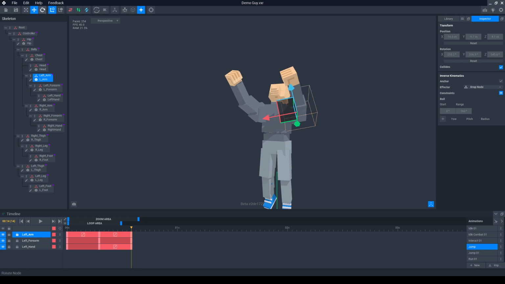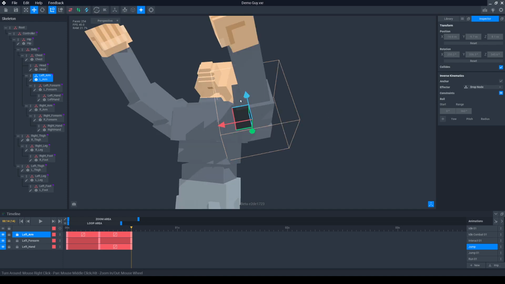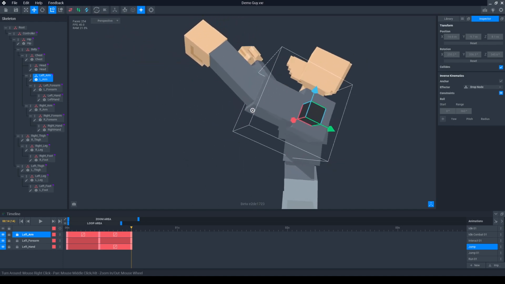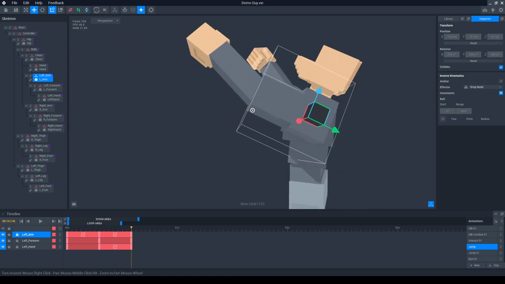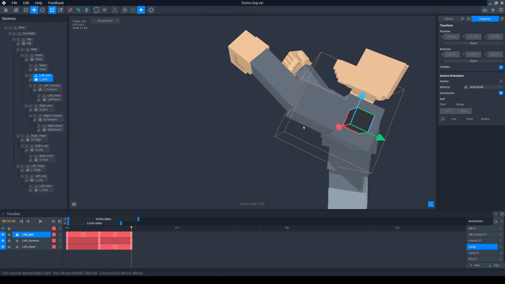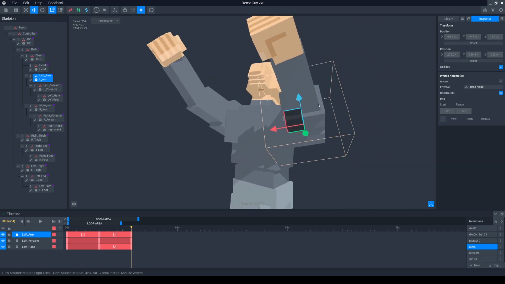So let's see. Now they call this global and local. In most normal softwares, what that means is global means this manipulator, which as you can see is angled in such a way that it aligns with the rotated object. Global would normally mean that this returns to the world orientation, which would mean the green axis is vertical, perfectly vertical right now, and I could just move this arm up and down. In VoxEdit,